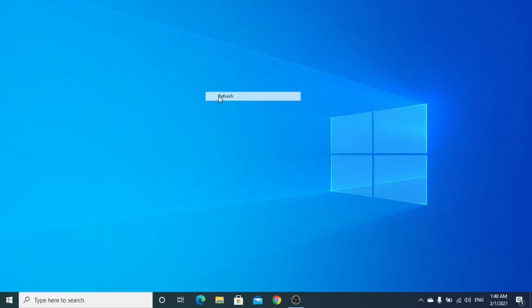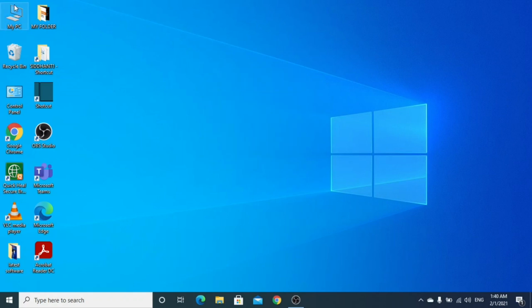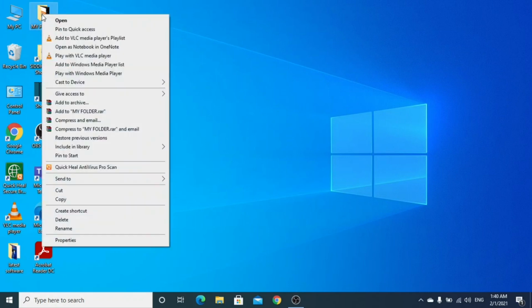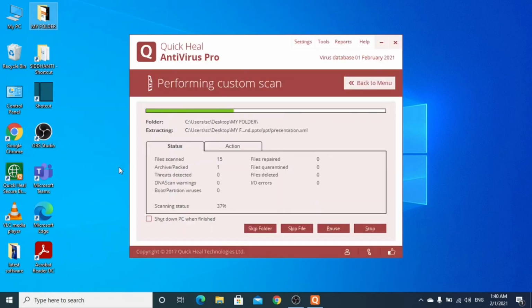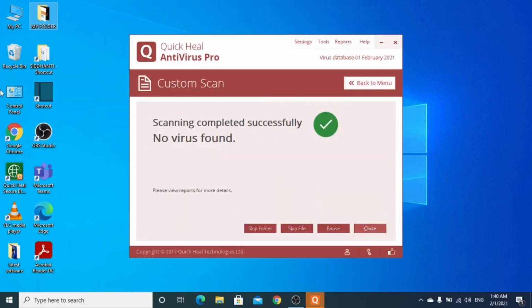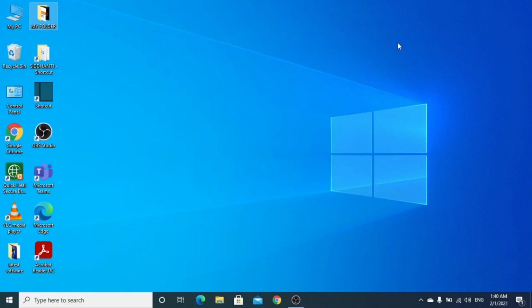For example, in my PC there is Quick Heal antivirus. For example, in this folder I want to scan. For that, I can right click, and here you can find Quick Heal antivirus pro scan. Just click there. See now, no virus found. This is what you can do.